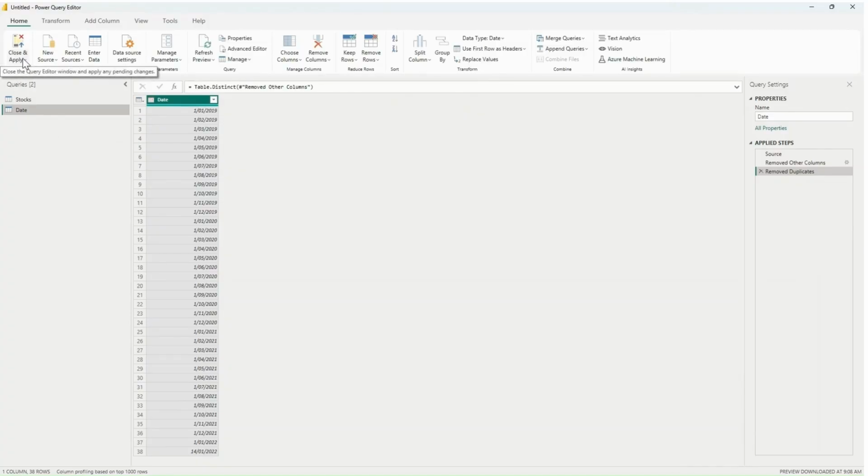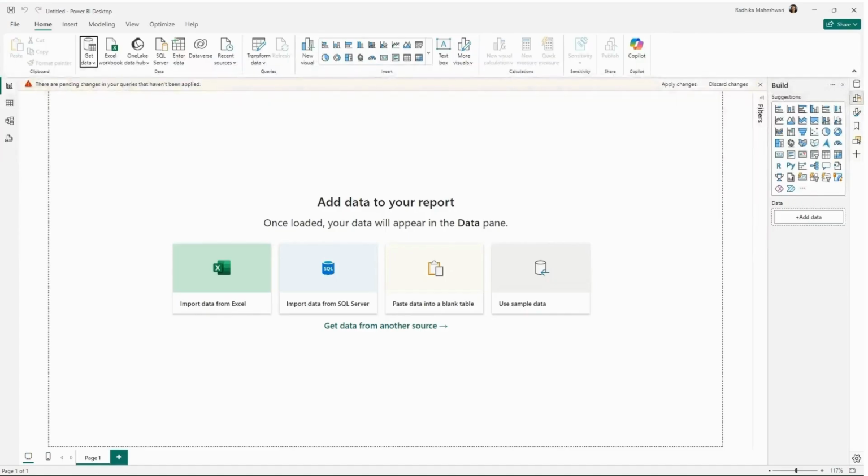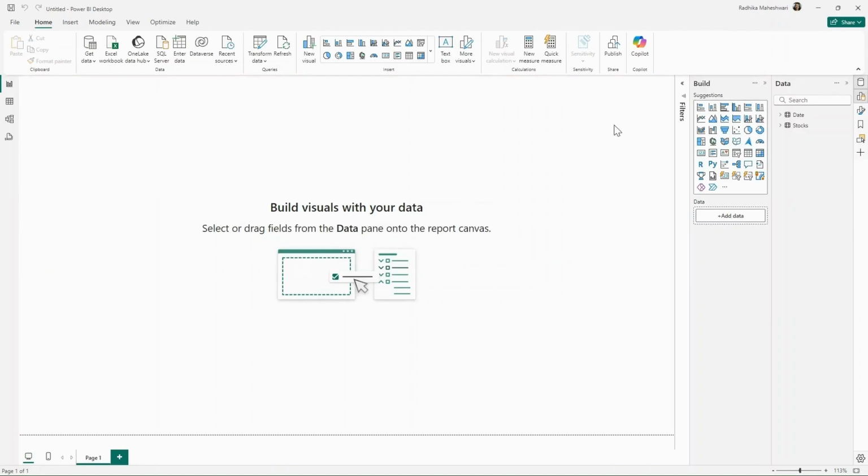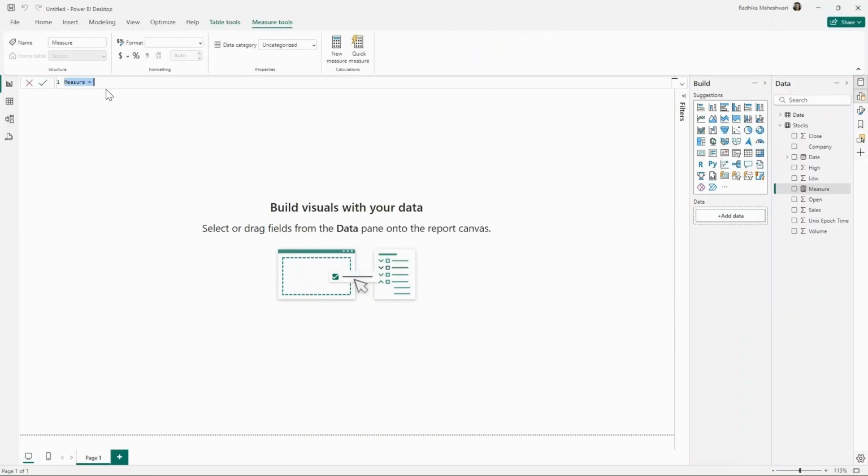Now once this is done, I will click on close and apply. Next, we need a measure for getting the percentage change from the date selected. So let us right click on the stocks table and I am just going to create my measure in the stocks table. I will call this measure percent change from selected date.